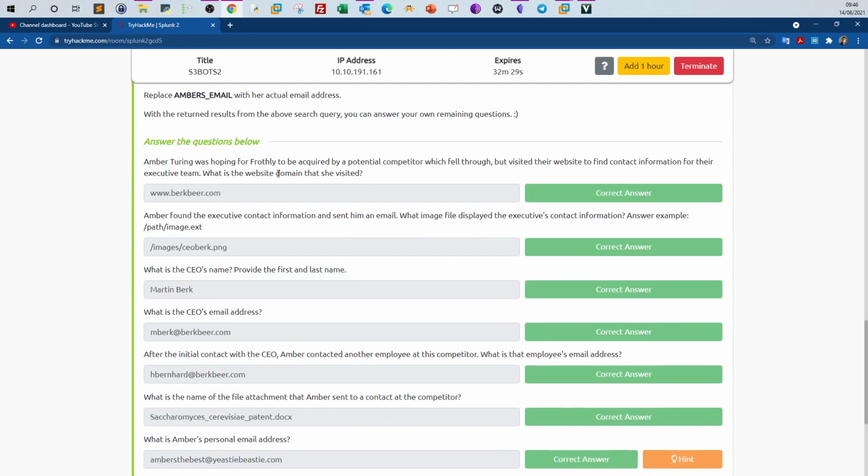So the scenario is like this. There is a company called Frothley, right? The company was supposed to be acquired by a competitor, but the acquisition fell through. And there was an employee from Frothley whose name is Amber Turing. Amber was excited for the acquisition by the competitor, but since the acquisition has failed, she decided to contact the competitor,